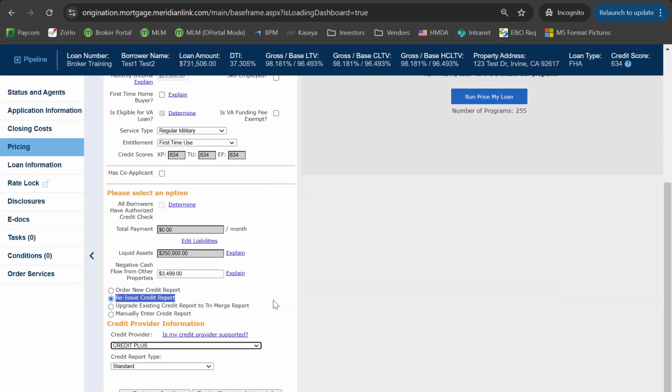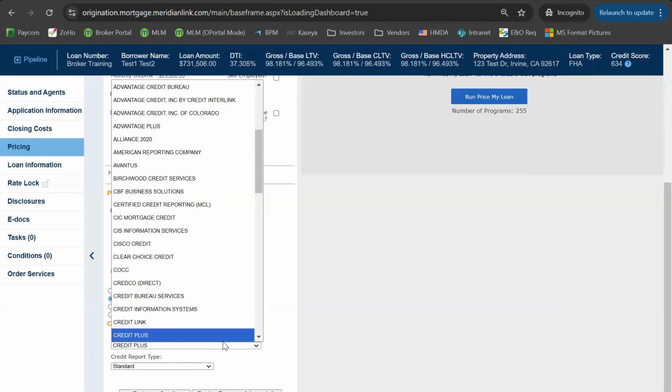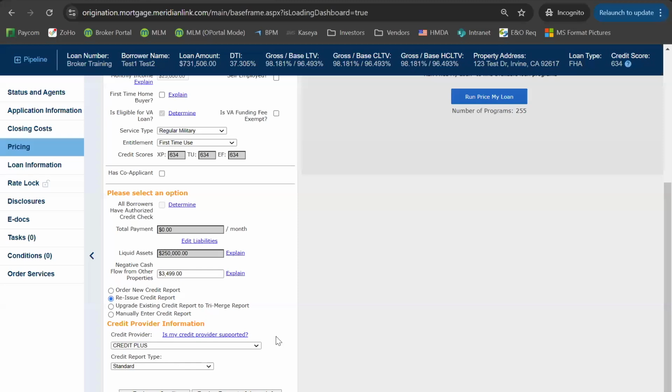From what I've seen in the past, it's not very consistent which one works and which one doesn't. So what I recommend is just trying one of them, either Avantis or Credit Plus, and then if that doesn't work, try the other one. But anyways, let's assume we're just using Credit Plus as an example here. So hit Reissue Credit,